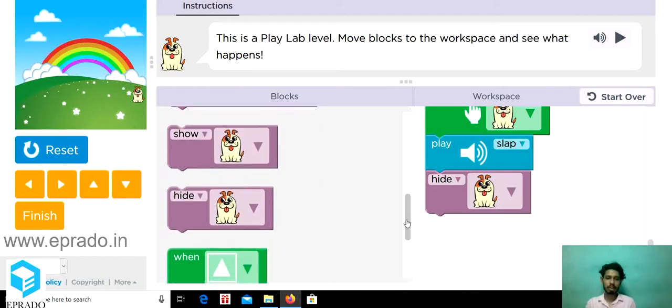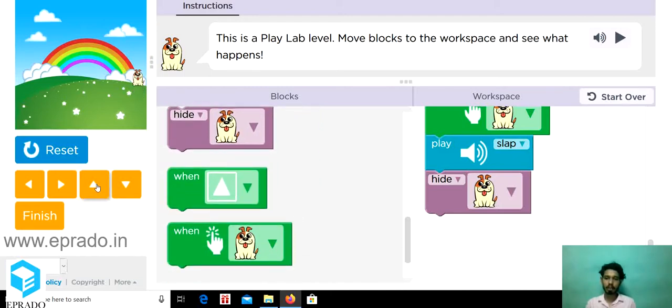So let's check it one more time. I'm again making the dog disappear. Now I am pressing the up arrow several times, and again pressing the left arrow several times. Now I am going to press the down arrow so that the dog can be made visible. Okay, now can you see that the dog is in the top corner?